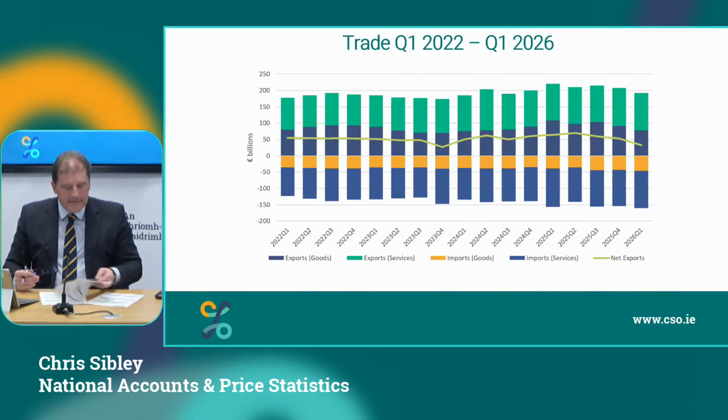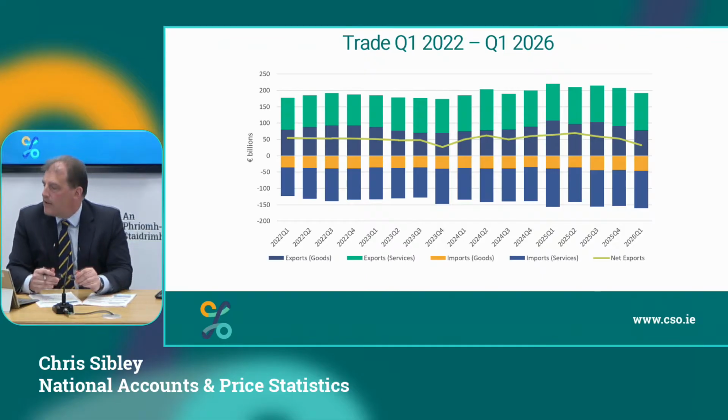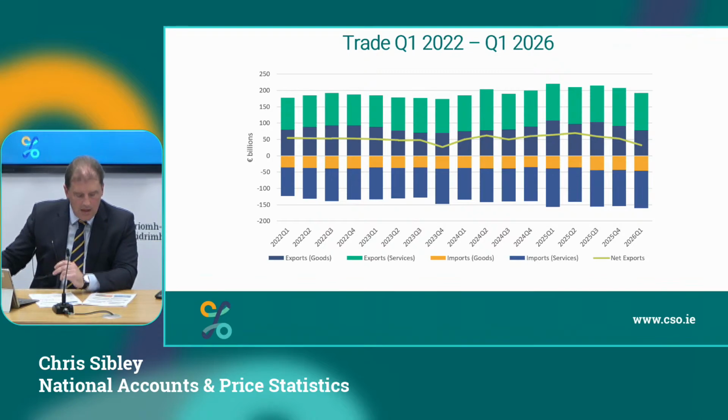If we then look at the last element on the expenditure side, net exports or trade, Gillian will give you a lot more details on this and the product detail on it. But for us, it's that green line in the middle there, that falling net exports over the last couple of quarters, which has had the GDP effect for us, in particular the GDP effect today.